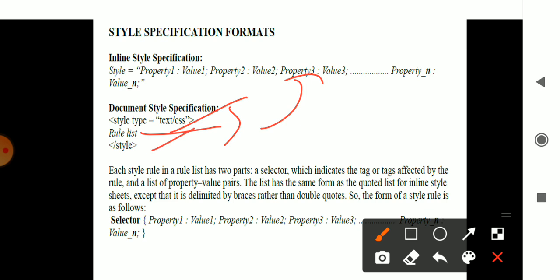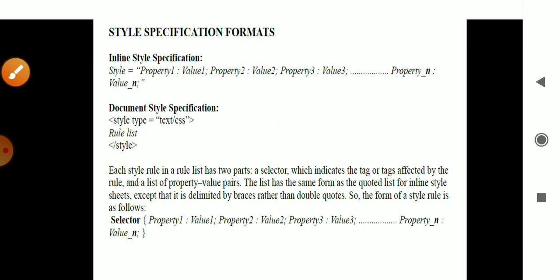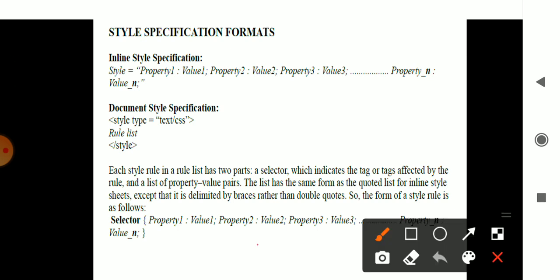The pair of properties which are mentioned will have a selector. Different types of selectors are there, which we will be discussing in future sessions. So your whole property is mentioned with the selector you are using, a class selector, id selector, or any other selector, specified with the property and its value.